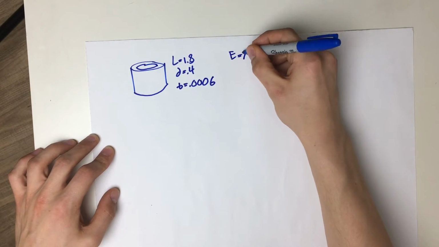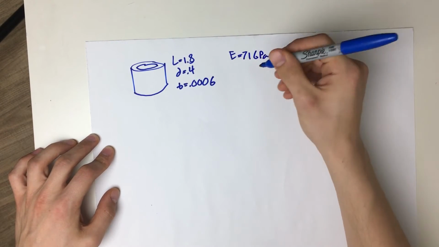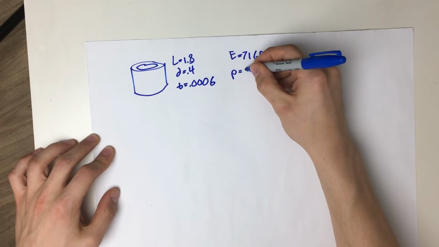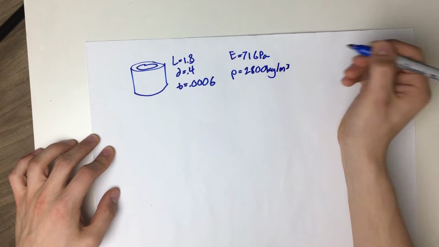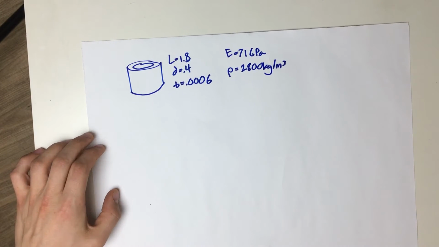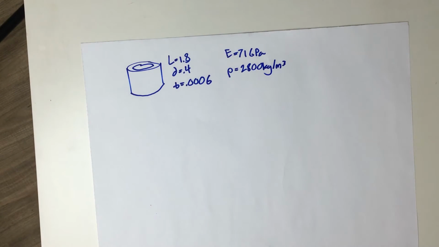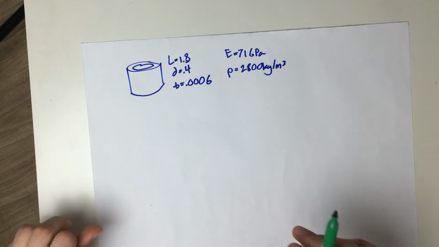Young's modulus 71 gigapascals, density 2800 kilograms per cubic meter. Okay, now as you're on your rocket ship, well, I guess I realized in the last